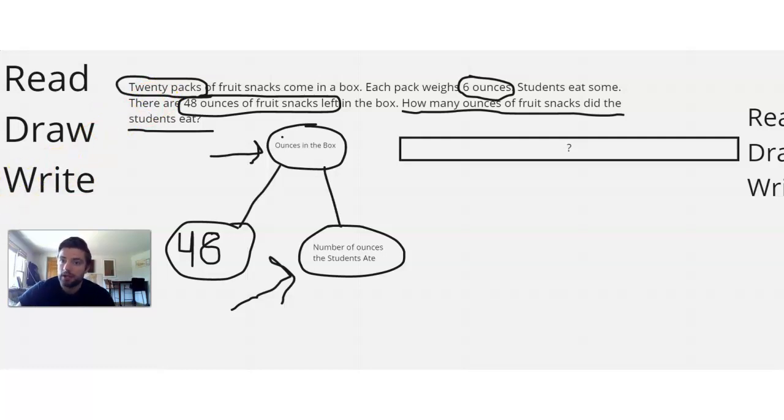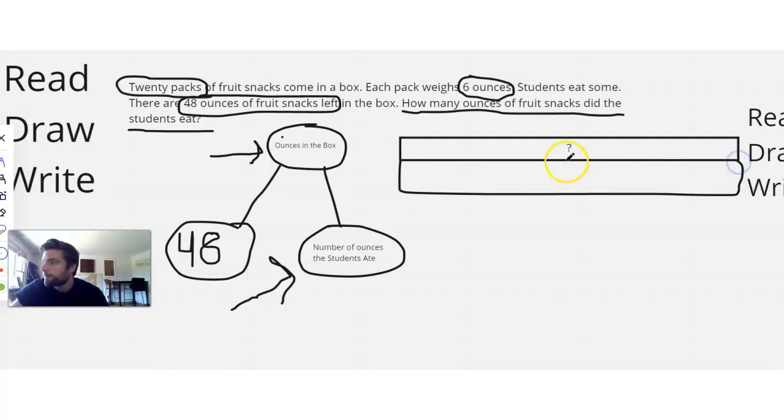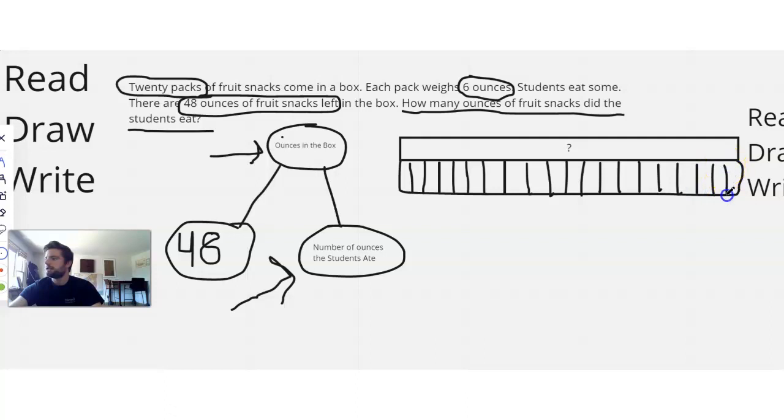So this is going to be a lot of dividing here, but basically you want to draw 20 boxes down below. So I'm going to divide it up in half, and then I'm going to do 10 on each side. 1 box, 2 boxes, 3 boxes, 4 boxes, 5 boxes, 6 boxes, 7 boxes, 8 boxes, 9 boxes, 10 boxes, and then I'm going to do 10 on the other side. 11, 12, 13, 14, 15, 16, 17, 18, 19, 20. So there's 20 boxes here on the bottom,